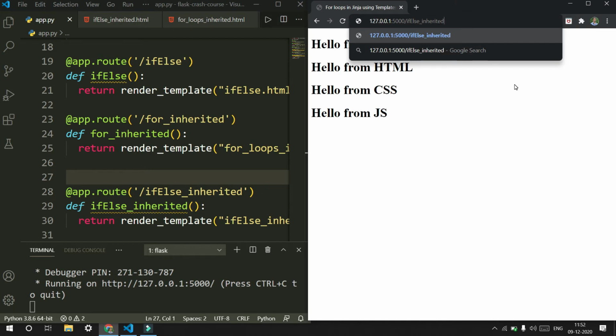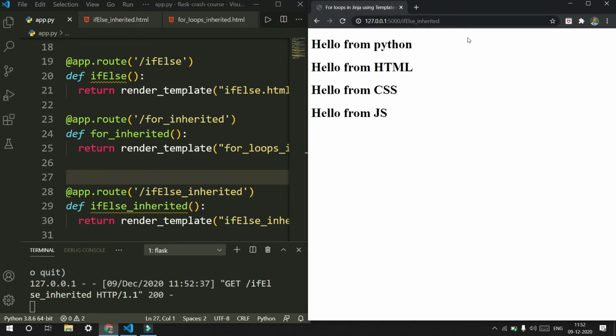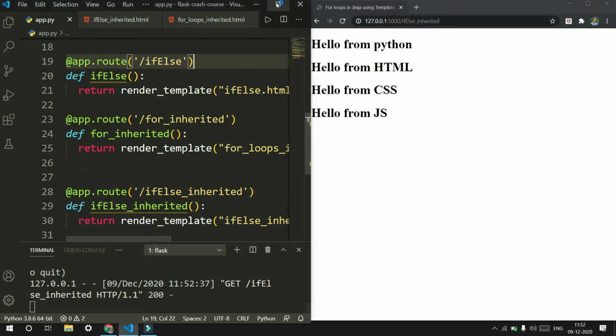Just press enter. Once again, if_else_inherited. I think we are doing it right,